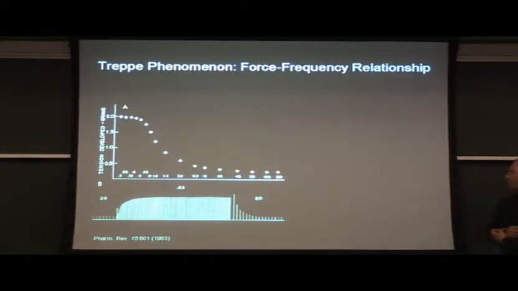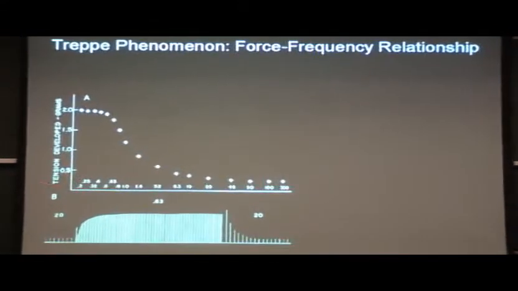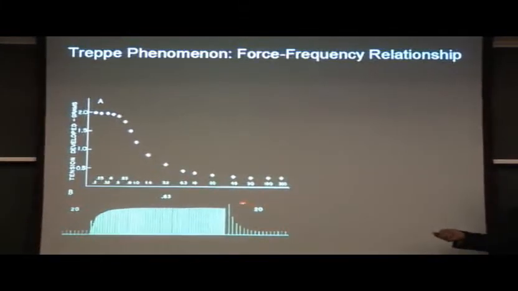So this is the Treppe phenomenon, the force frequency relationship, which is well known. And what's plotted on here is the amount of force that's developed in a muscle strip against, on the x-axis, the time between stimulations. So as the time between stimulations goes down, or the frequency increases, you can see that more force is developed. This is another way of plotting these data. Each of these lines represents the amount of force that's developed. And so if you're stimulating once every 20 seconds, you develop about that much force. And as you increase the frequency, so it's 1 to 3.63 seconds, not only do you see a lot more lines, but you see more force generated that then returns back to a lower force generation at a lower frequency of stimulation.